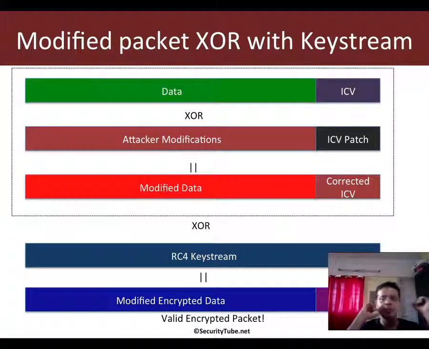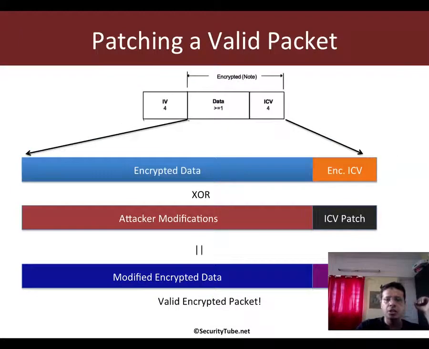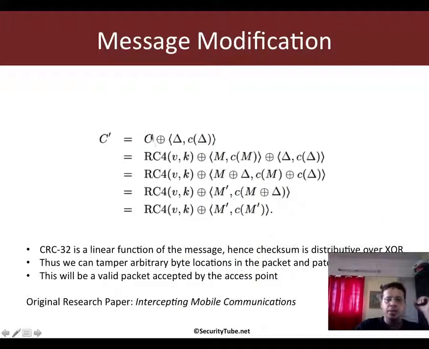A little bit of math here and there, and that is exactly what the first slide talks about. We have the encrypted packet and we create a bit mask and calculate a CRC32 checksum for that bit mask, and then we concatenate both of these and XOR it with the original ciphertext, which is the original encrypted packet. Now the original encrypted packet is nothing but the RC4 key stream being XORed with the original message and the original ICV. And when you XOR it with the bit mask and the checksum of the bit mask, basically due